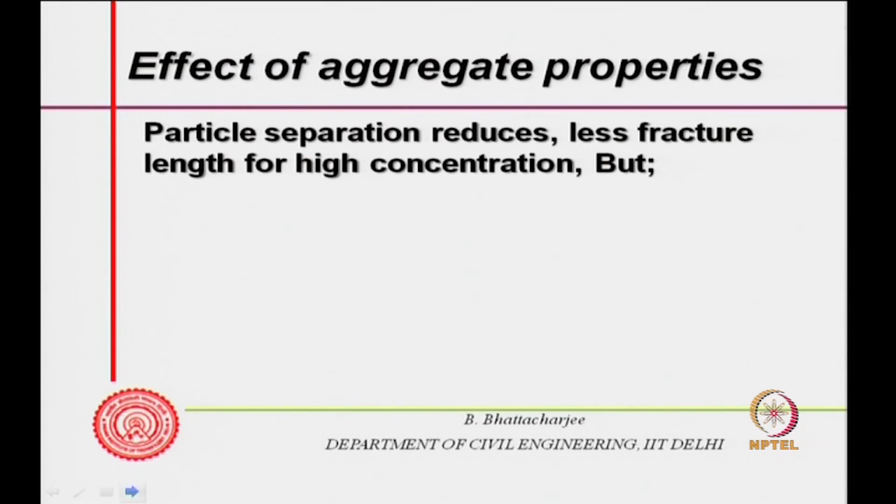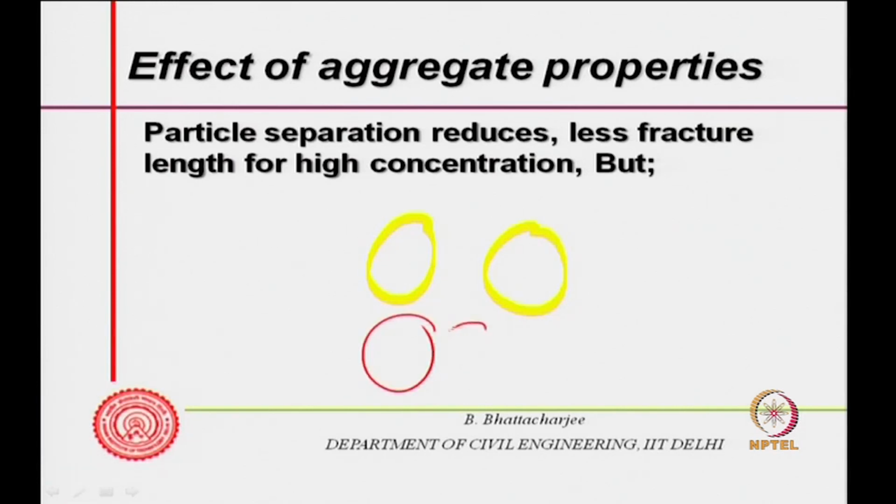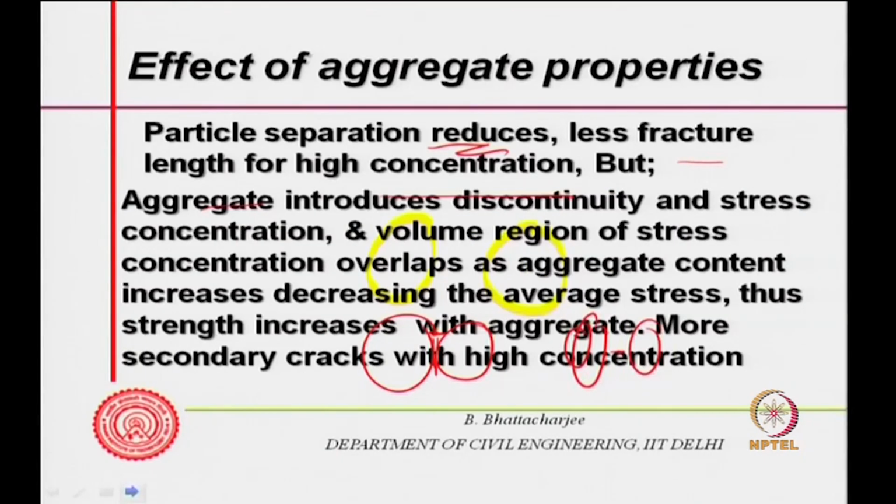Concentration, quantity: how much is the aggregate quantity? Particle separation reduces if I have more aggregate. In one case there is less aggregate and more paste; in another case I have got more aggregate. So the particle separation reduces, and there is less fracture length for high concentration. If you have high concentration, the distance between two aggregates is small, and therefore fracture length is lower. That is what the idea is, but the other side of it is that aggregate introduces discontinuity and stress concentration,